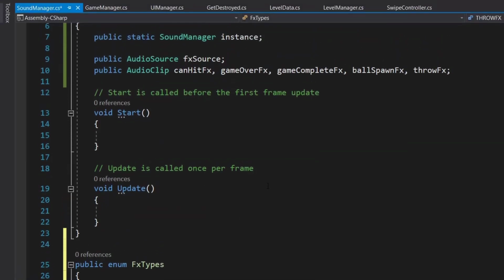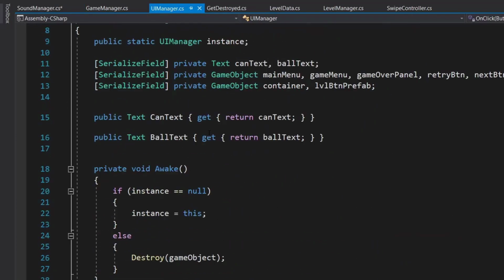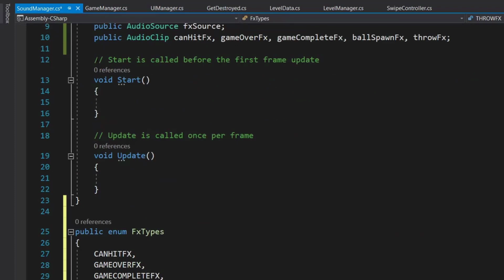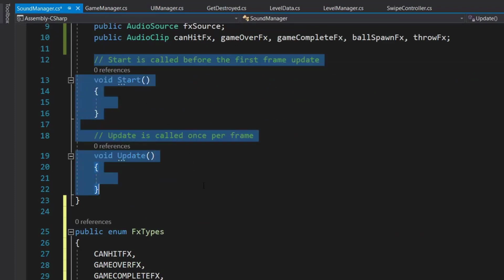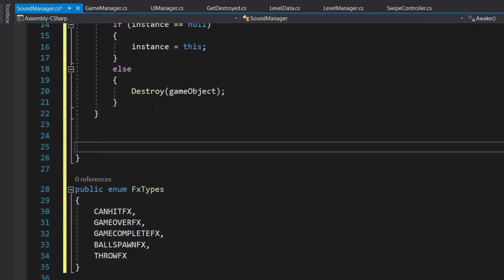Now let's go to our sound manager. Let's copy our awake method and just remove our start and update and paste the awake there. Now we need a method called public void playFX.